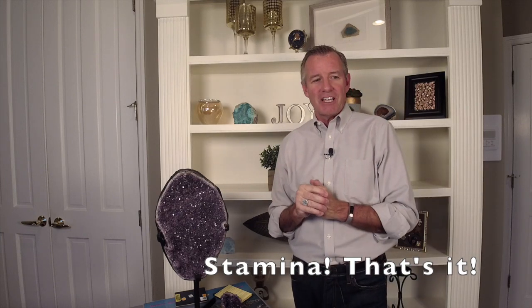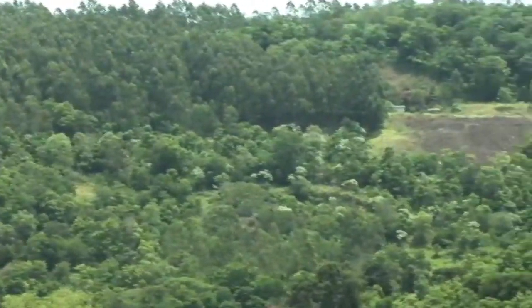Okay, so now it's the next day, and we're going to go to the mines. So we end up setting foot in the mines, and the first thing we do, and Judy has the camera, we're outside of this area that they call Amethyst do Sul. So Amethyst do Sul is amethyst from the south, and that is where most of the Brazilian amethyst mines are. And the first thing that we recognize, and you're going to see this on the videotape I'm going to show you right now, it was